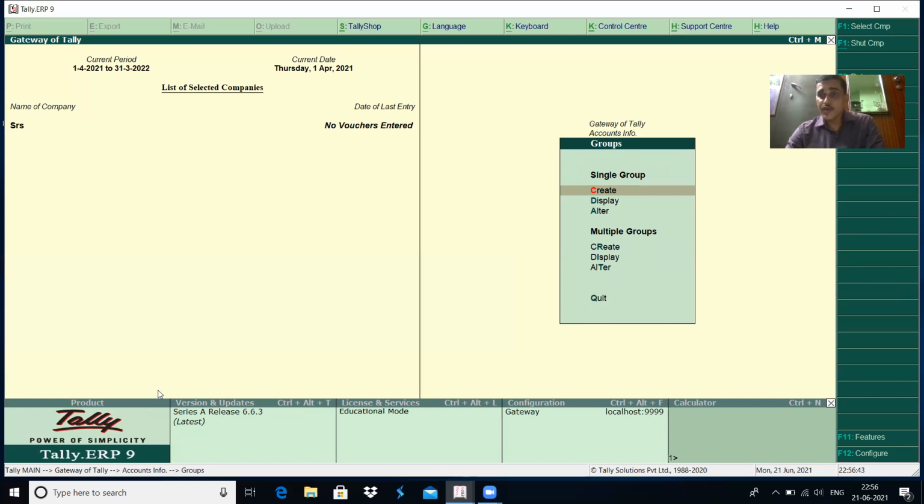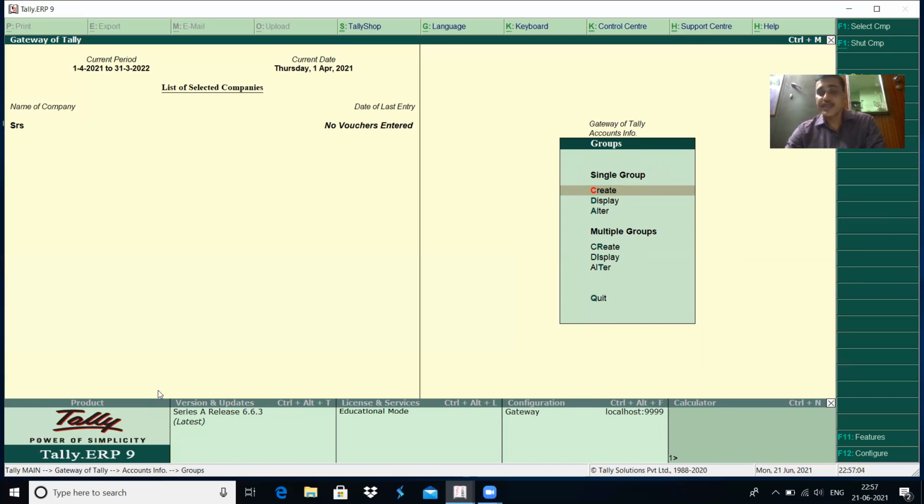If you want to delete, you also have to go for the Alter option. There is a common rule in Tally that you have to remember: deletion is possible only from the Alter mode by pressing Alt D. Alt D is the shortcut key, but you have to do it from the Alter mode. First you have to go to the Alter mode.